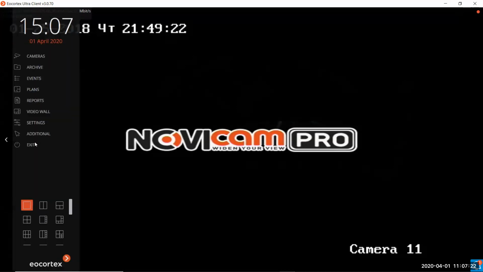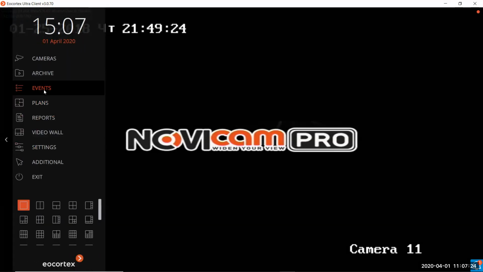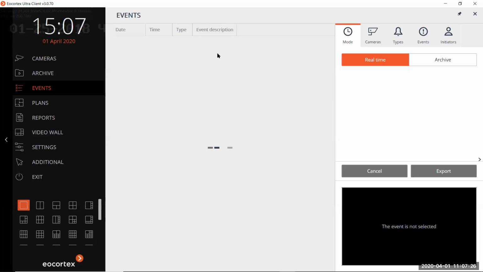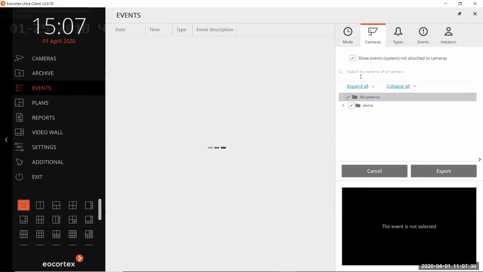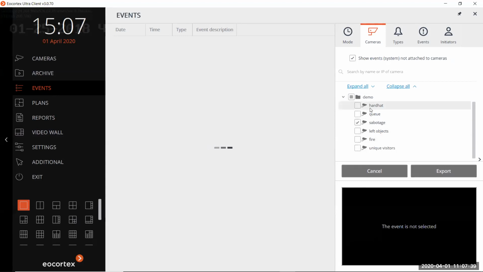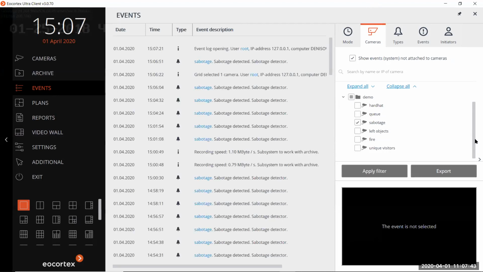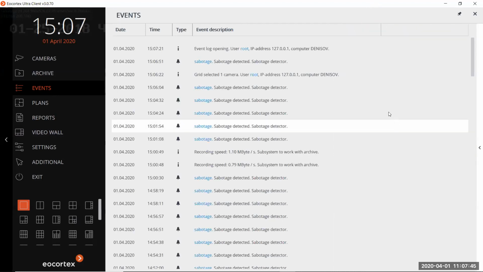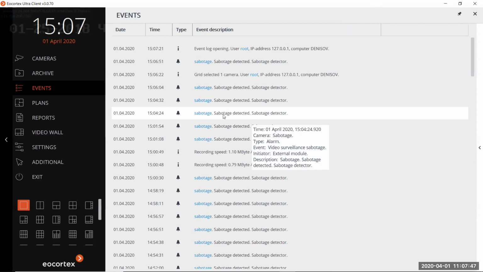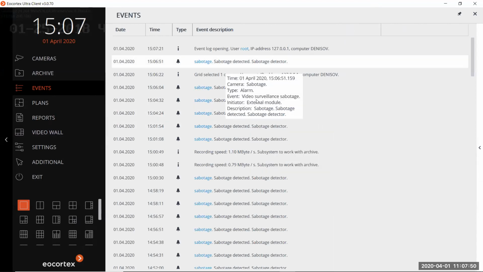While the camera is rebooting, let's go to Event Journal. We have already discussed this option earlier. Let's sort the cameras only for this camera. Here we can see the event Sabotage Detected.